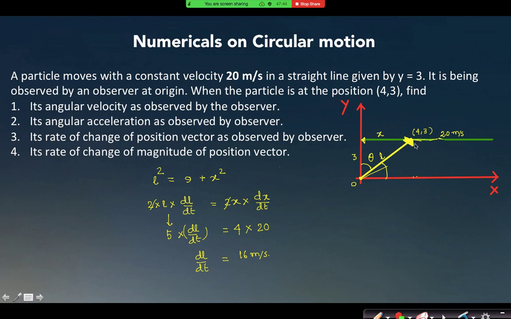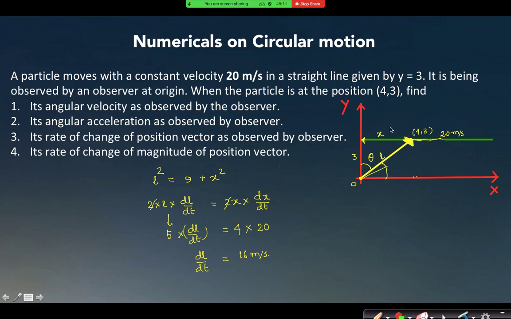But for this particular instant of time, when the particle is at (4, 3), if someone says that I do not know what was the previous motion of the particle, I do not know what will be the after motion of the particle,